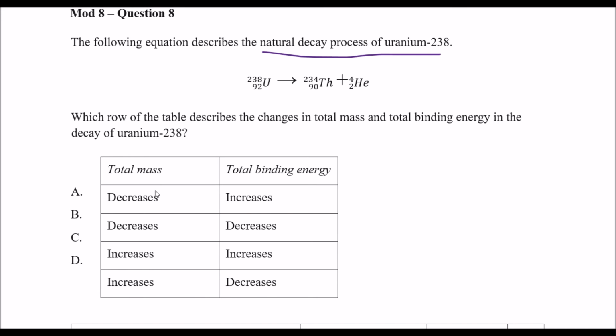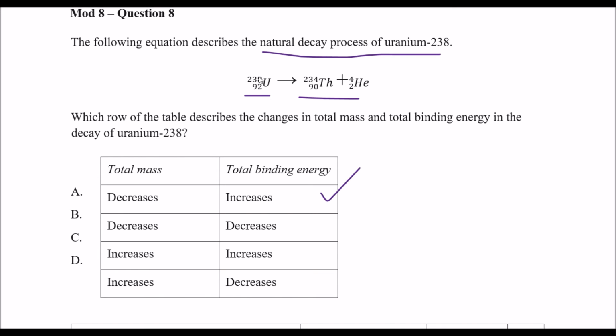Okay, so for this response, the correct answer is A. We'll have an increase in the total binding energy of these two constituents. So let's just go through the understanding. We always get mass defect when we have a radioactive decay. And then in terms of working out if we have increased or decreased the total binding energy, you can actually